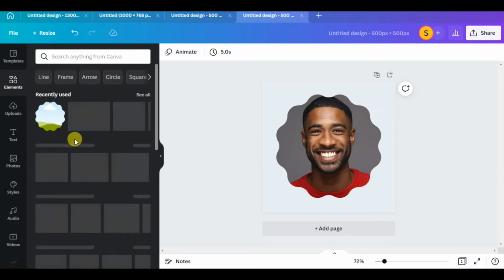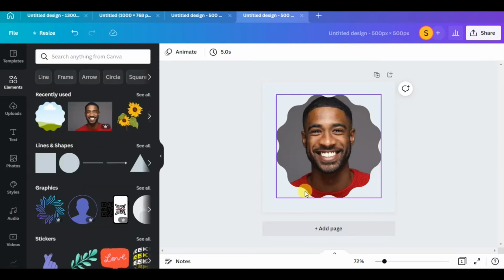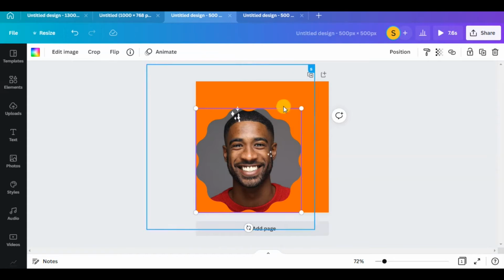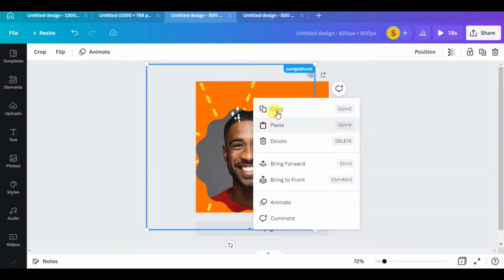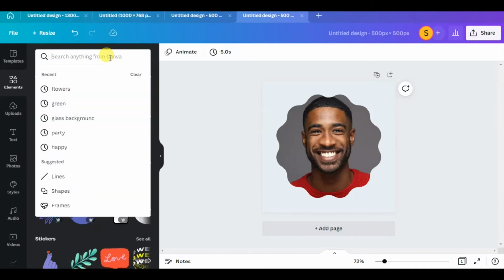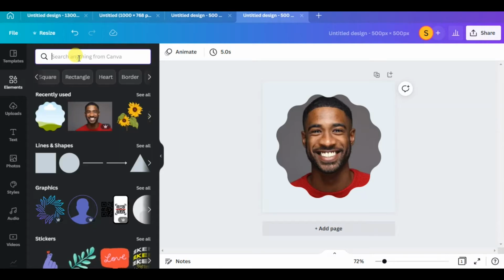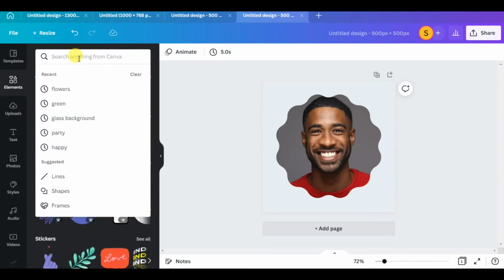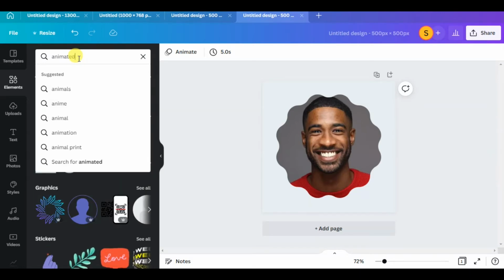Then for the pattern I put in the background, this animated one, I'm just going to copy it because I don't think I'll be able to find it, but I could just do a search.